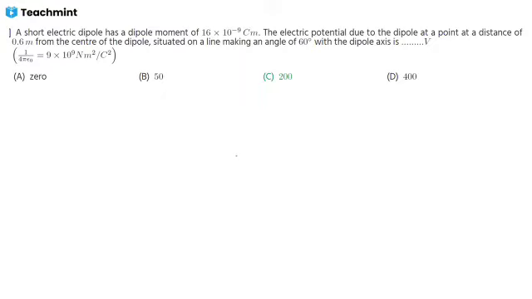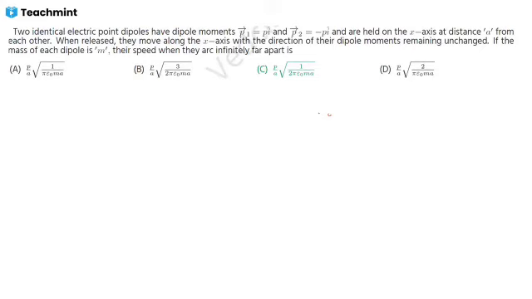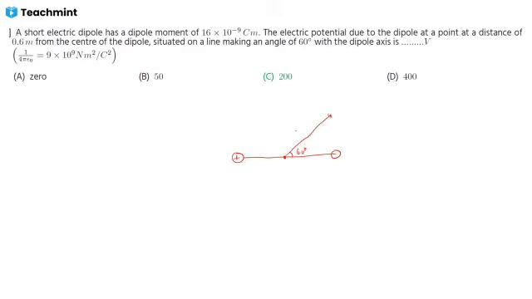So let us imagine a short dipole like this. Okay, now this is the center of the dipole, a line that is making an angle of 60 degree, and the distance of this point is 0.6 meter from the center of the dipole to this particular point P, and